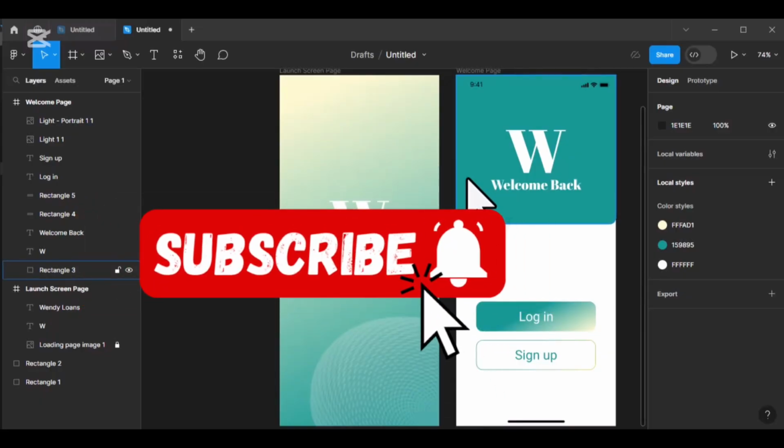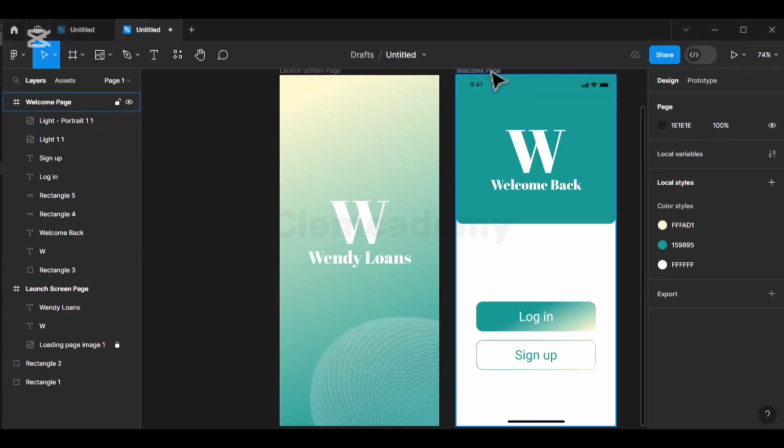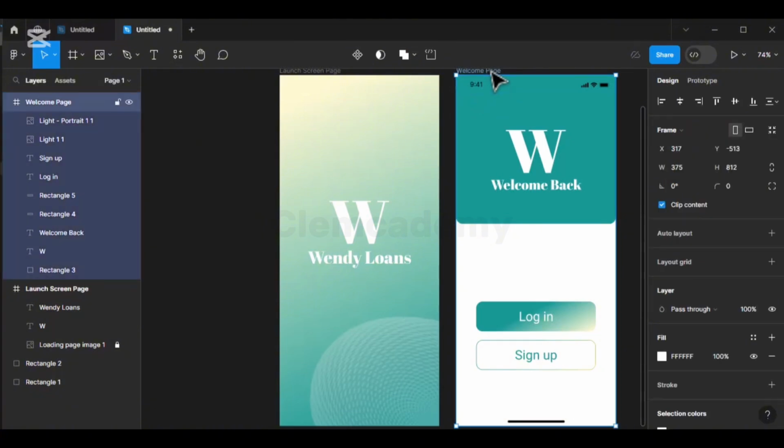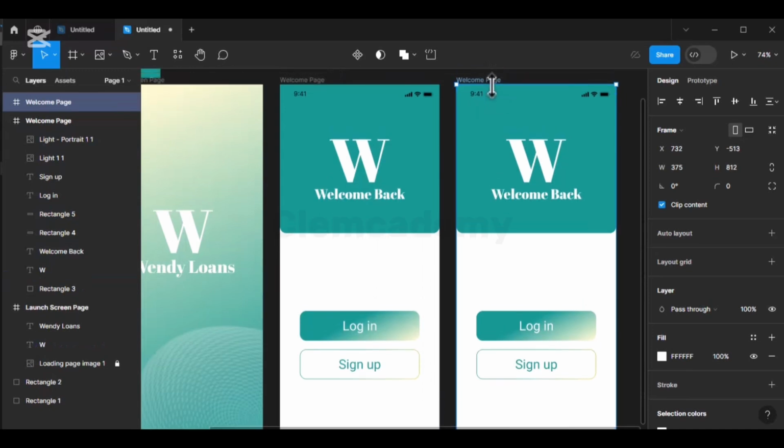Okay guys, welcome to another segment of this course. So in this video, we'll be designing our 3 login pages. All right, we have 3 pages for the login. So we'll be designing the 3 pages for our login. So all we have to do is just duplicate this one. Let's duplicate this and then rename it to